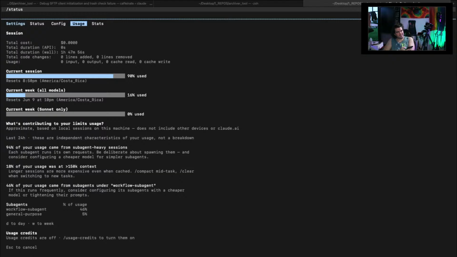And I did the math. If you want it to last you all week, so you can work 7 days a week, you basically need 13 or 14 point something percent of the weekly usage per day. But with Fable, with multi-agents like this, you only get 2 million tokens per day basically,